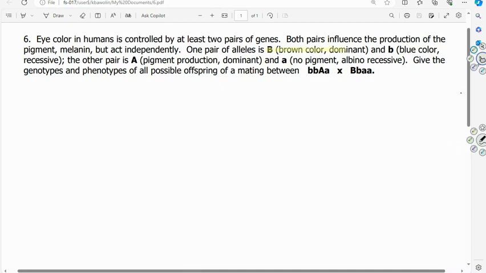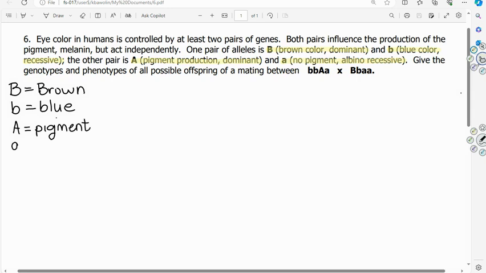Eye color in humans is controlled by at least two pairs of genes. Both pairs influence the production of the pigment melanin, but act independently. One pair of genes is capital B for brown, it's dominant, and the other allele is lowercase b for blue, it is recessive. The other pair of genes is capital A for pigment production, it's dominant,